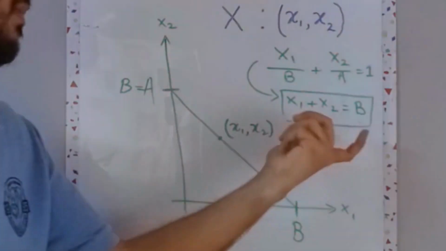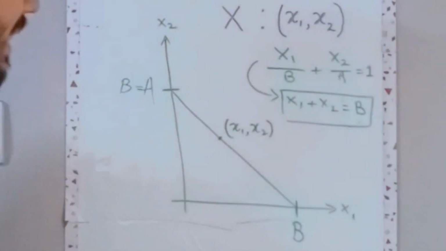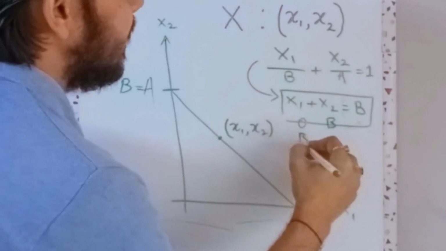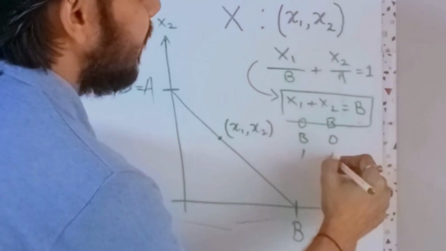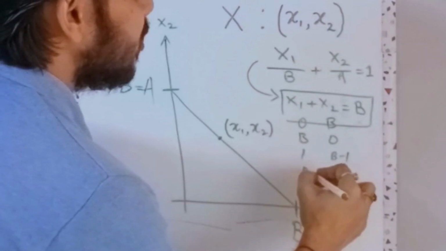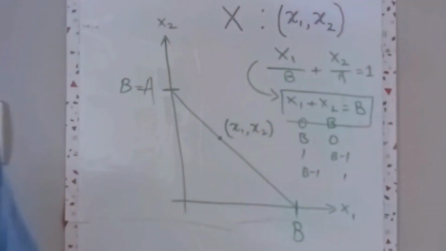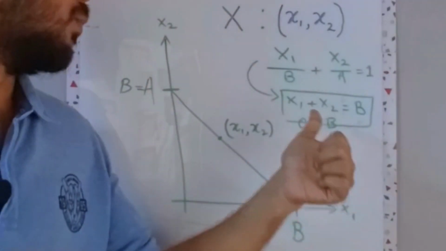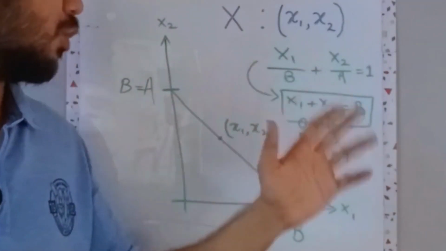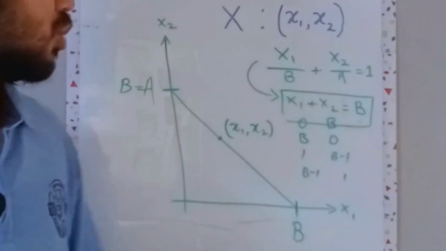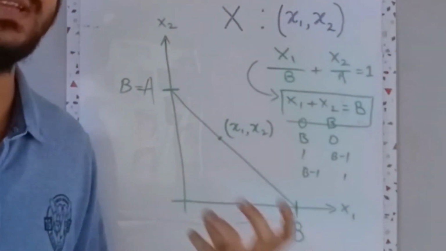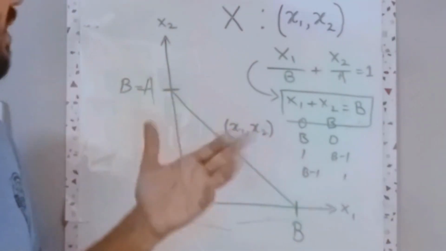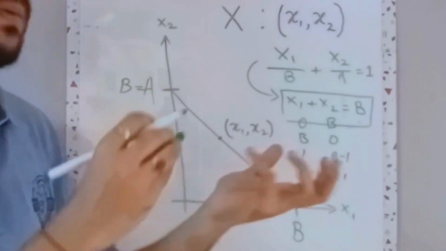What does this thing even mean in terms of substitutes? It means that give me either 0 and B, or B and 0, or 1 and B minus 1, or B minus 1 and 1, and so on. It means that you really do not care whether you are getting more of good one or more of good two, as long as the sum is the same. So this is the classic case of your perfect substitutes. Now over here we have taken a simplification of A equal to B. Now when A is not equal to B, you will have kind of a proportion, right?